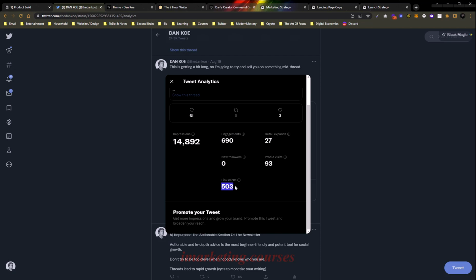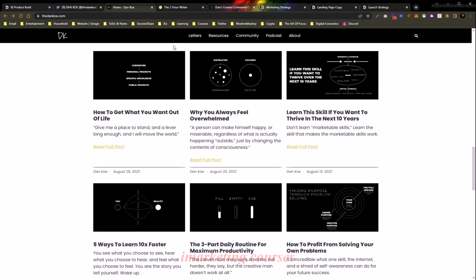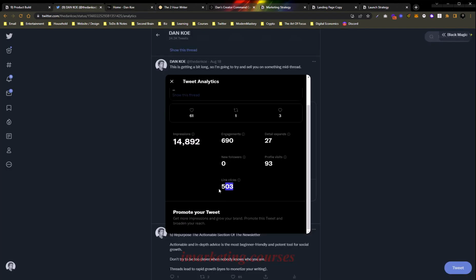503 link clicks. So at this time, at the very beginning, closer to the actual launch date, conversion rate got as high as 8%. And here, like 2 weeks out, conversion rate was averaging about 6%, which is still extremely above average. So I'm telling you, this system works with writing the newsletters and not really having any fancy sales